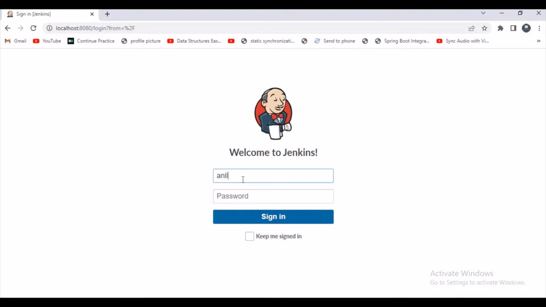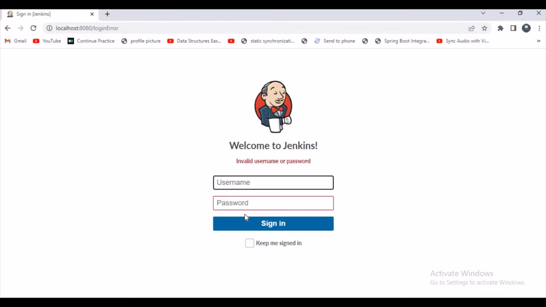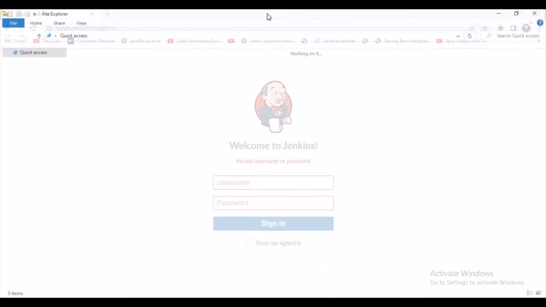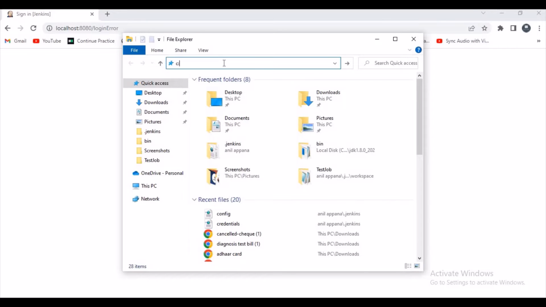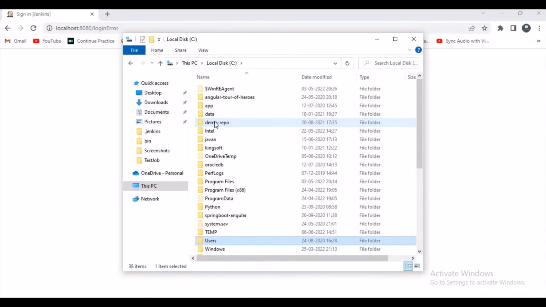In this video I want to explain how to reset the password for Jenkins. Let's assume I forgot my password, and now I was unable to log in. Now what I want to do is open our file manager and go to C drive, Users,